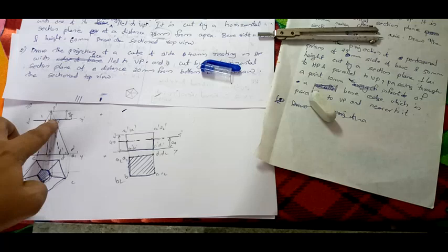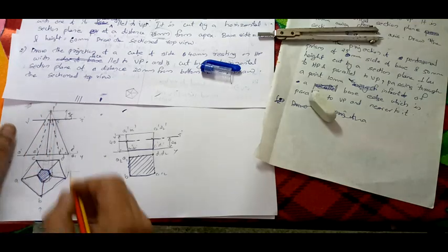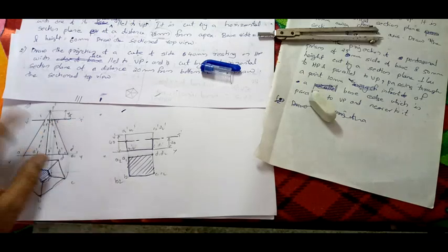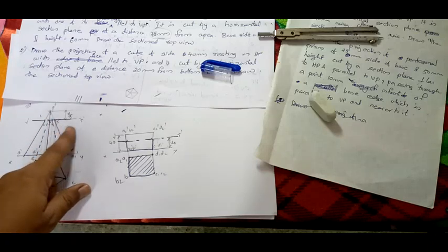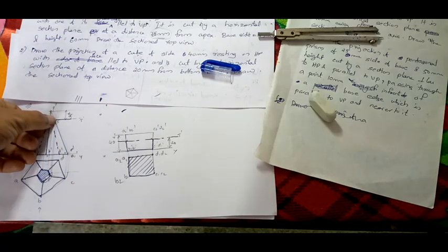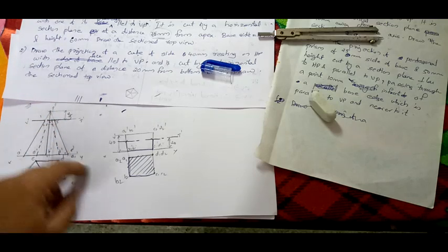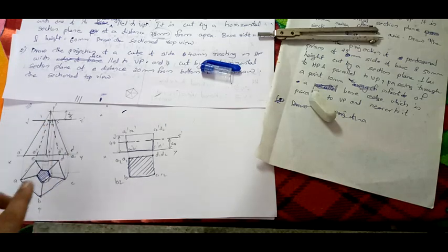Now from here you have to project it to that point. See, if you have E dash P dash here, it will be very near to it. If you draw 10 mm it will be near to it, and with 25 mm you will get a different one. So you have to project it to that true length, then project downwards to that parallel line, then from here you have to rotate and find that corresponding point. So you have obtained that view.